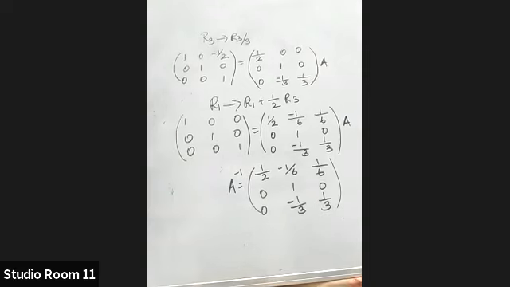Example 23. All opened the book? In page number 92. There it is not mentioned whether it is row operation or column operation. In your textbook, it is done with both row and column. You try this question with row operations and check whether we are able to do it. That question you can try as homework. Again, the next one, example 24, you can try it as homework.